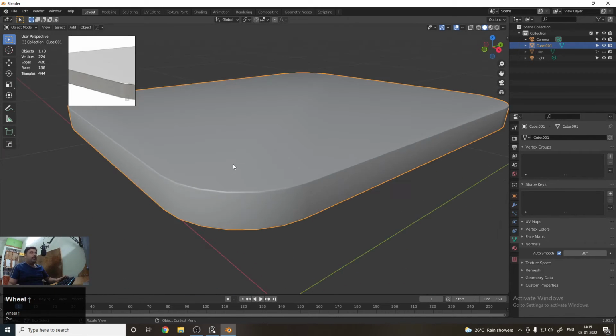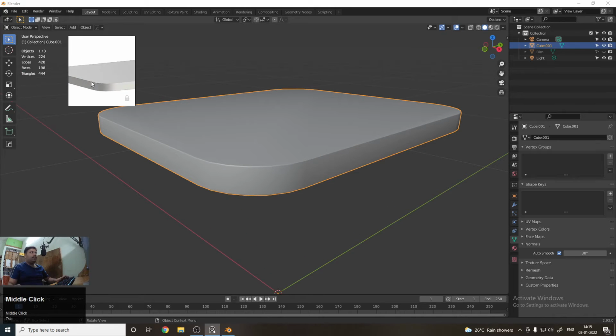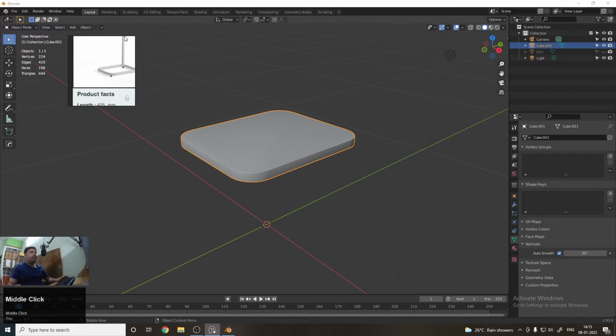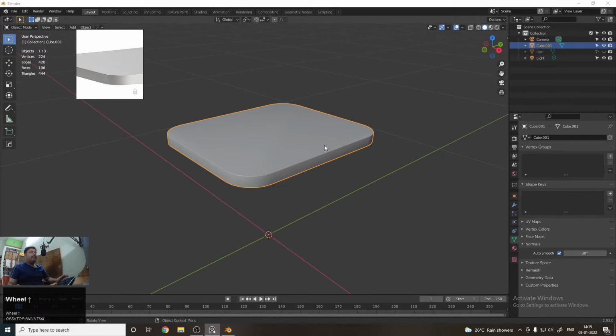So you can see that I have created the top portion of the table, and we have these poly counts: 224 vertices, 420 edges, 198 faces. Now let's create the bottom portion of the table.